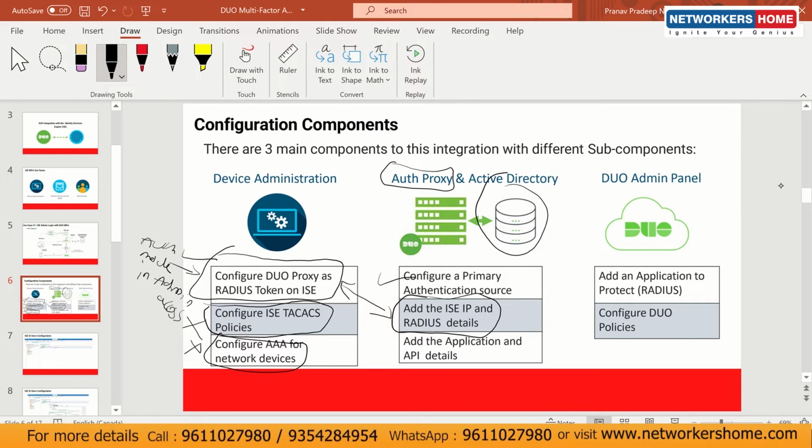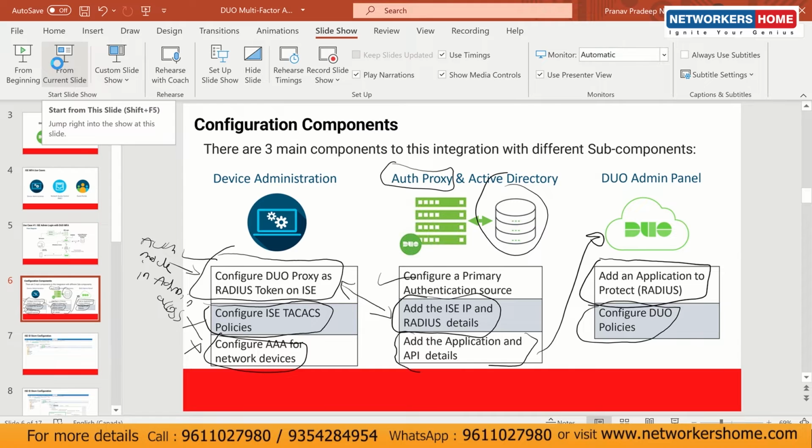Later on, we have to add the application and API details which we get from the Duo Cloud. In Duo Cloud, we have to just add the application to protect, which is known as Cisco ISE radius. Just click on protect and there will be 3 keys generated, same like we saw for Microsoft RDP. And then you can configure whatever custom policies you want so that you can manage it in your own way. So these are the 3 components which are involved in this specific